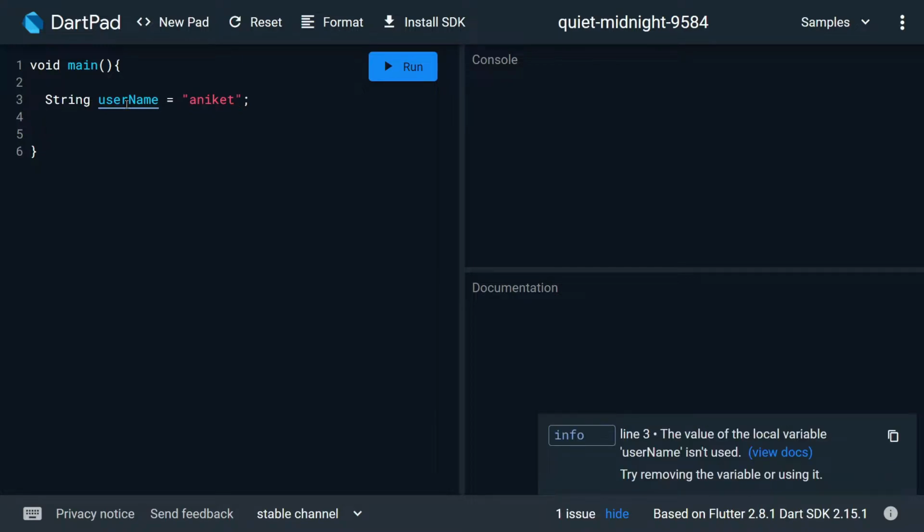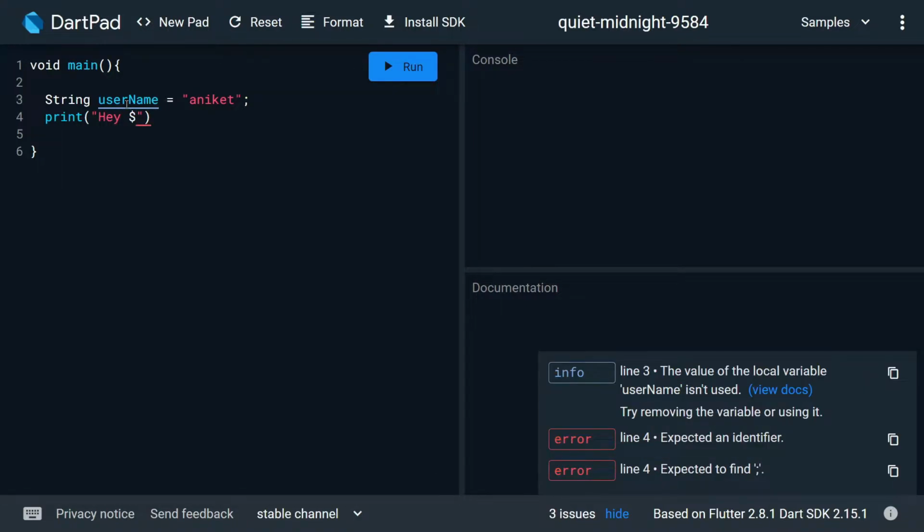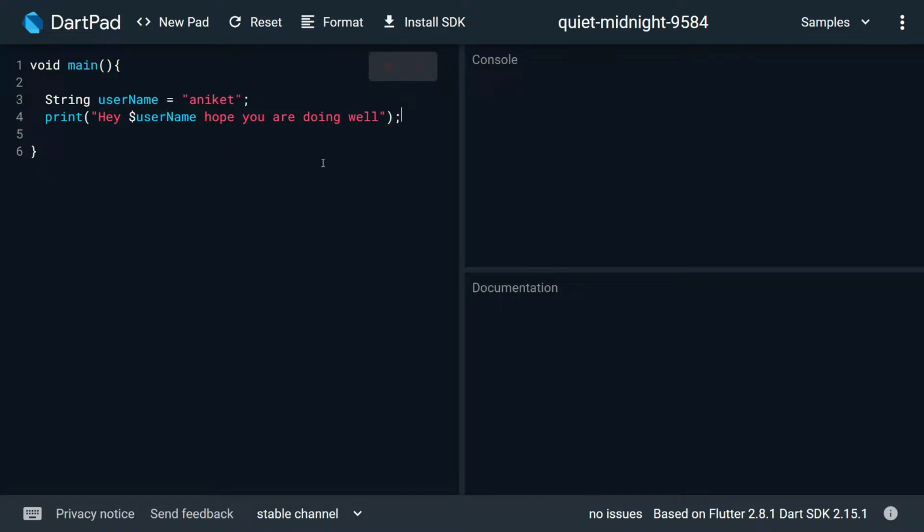Now I want to print, hey user, hope you are doing well. So I'll just type hey. I'll give it a dollar sign to take the variable in the print statement if it's in the double quote. So I'll type user name, and then hope you are doing well. So when I run it, you can see that hey Aniket, hope you are doing well gets printed out